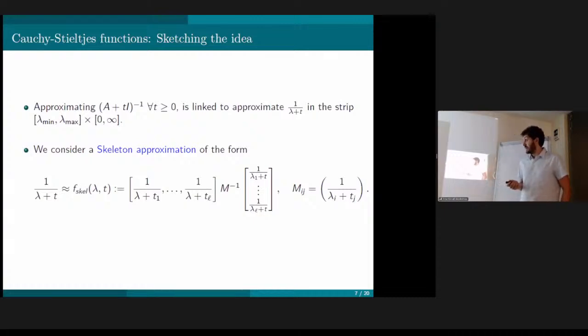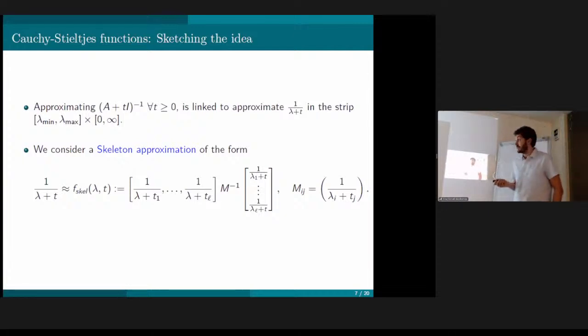And so the idea is to try to approximate directly this bivariate function, the Cauchy kernel, on the following infinite strip. So you have the Cartesian product of the interval where the eigenvalues live times the semi-axis 0 to infinity, which is where the parameter t varies. And the point is that this specific function here admits a very special rational approximation. And the challenge was to show that this approximation of the Cauchy kernel is contained in the rational Krylov space we are generating.